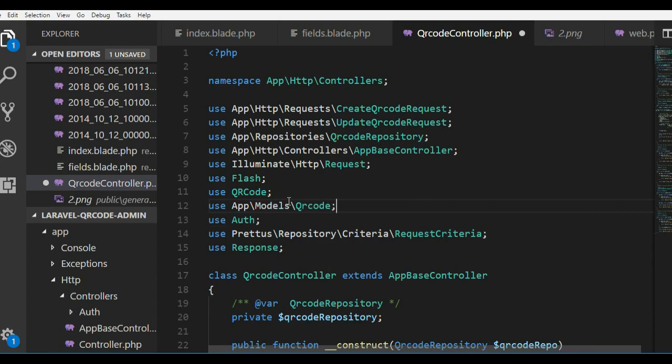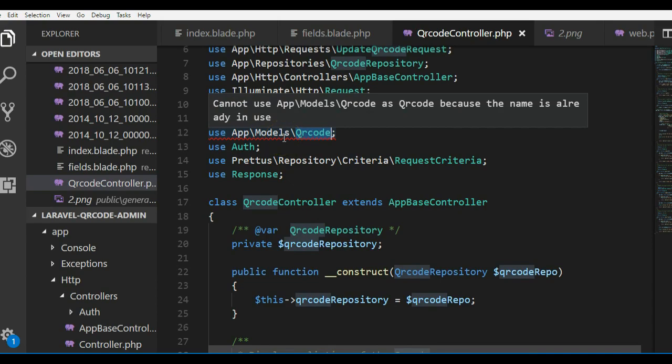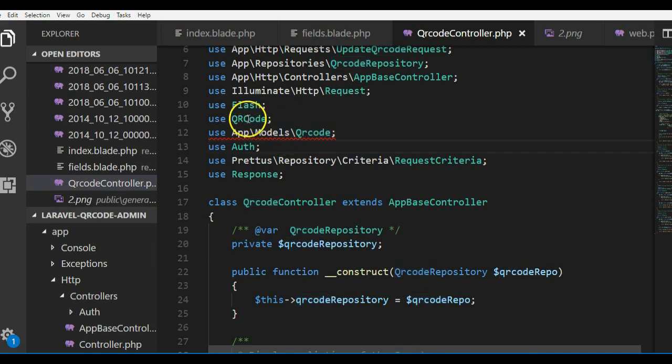Now that's not all. It's going to throw an error. The error it's throwing is that by default, Laravel uses the last name here as what you can use to refer to it. Let me show you. It says cannot use app models QR code as QR code because the name is already in use. This already answers QR code, so we have to put as. We create a variable name for it, so I'll call it QR code